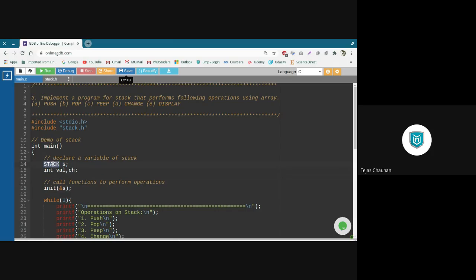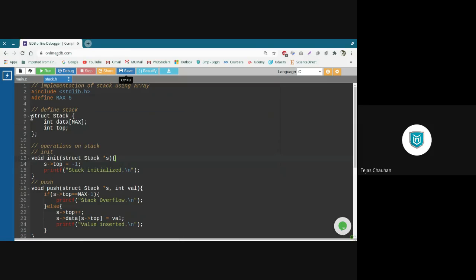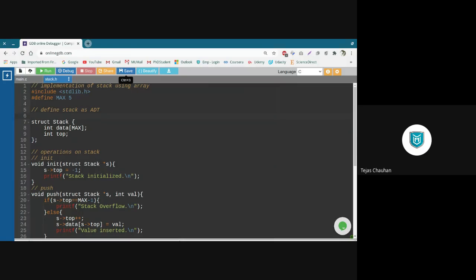We need to declare this data type also. So where will we do that? Inside the header file. So let me go to the header file, and wherever I'm defining my stack, I'll define stack as an abstract data type, ADT.